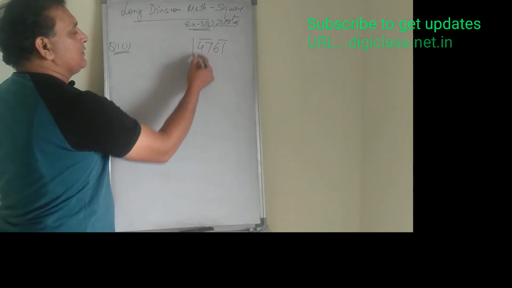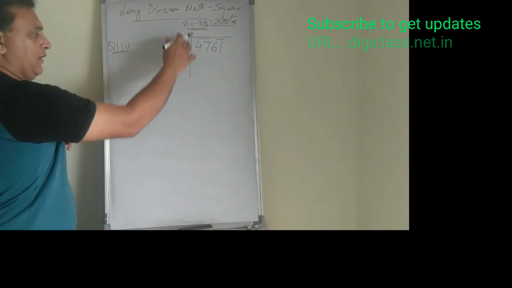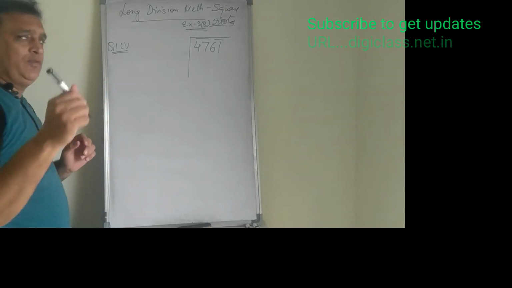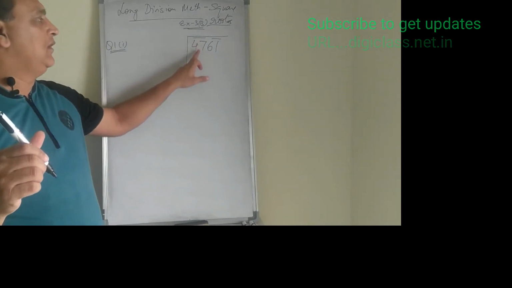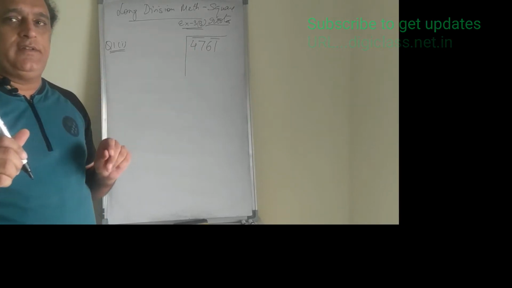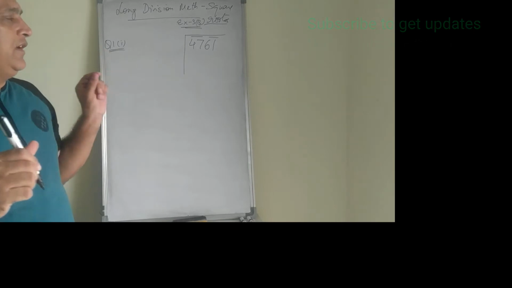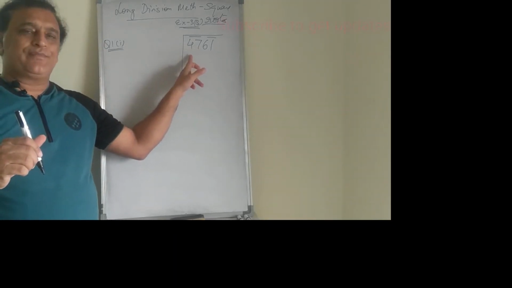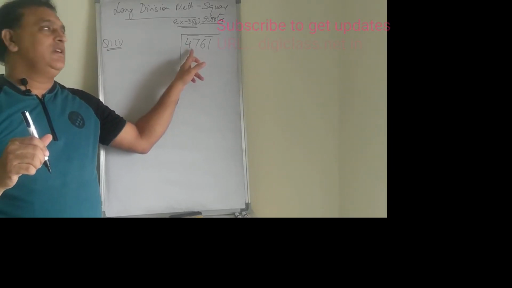Second thing is to mark this, like in division, but it should be a bit extended. Now look at the first pair, the first number. Here it is 47. You have to think of a number whose square is either this or less than this. For example, if I take 5, the square of 5 is 25.